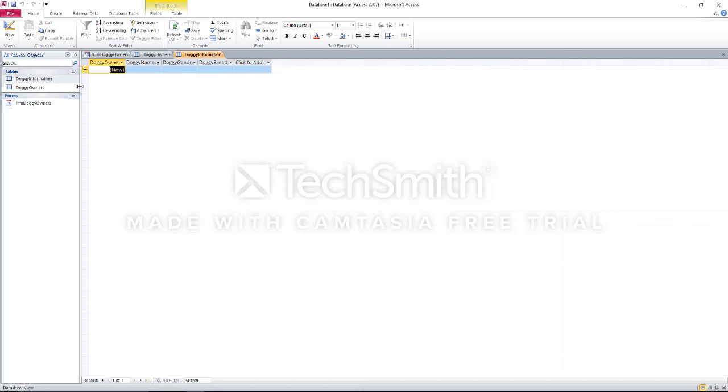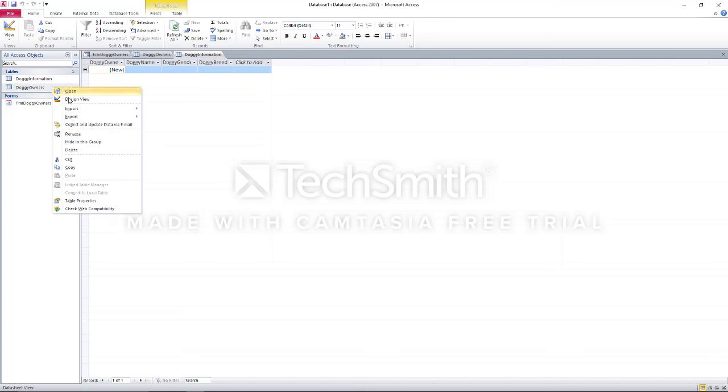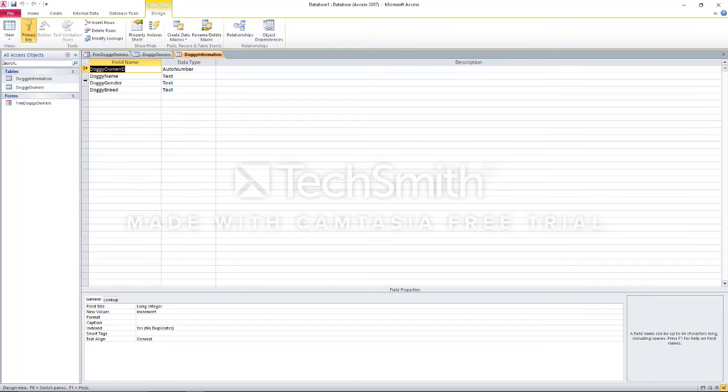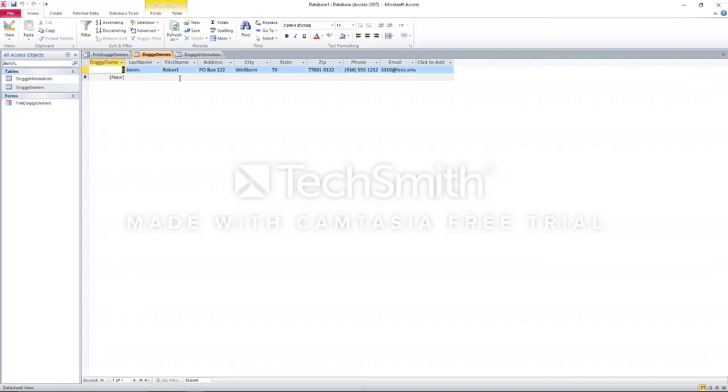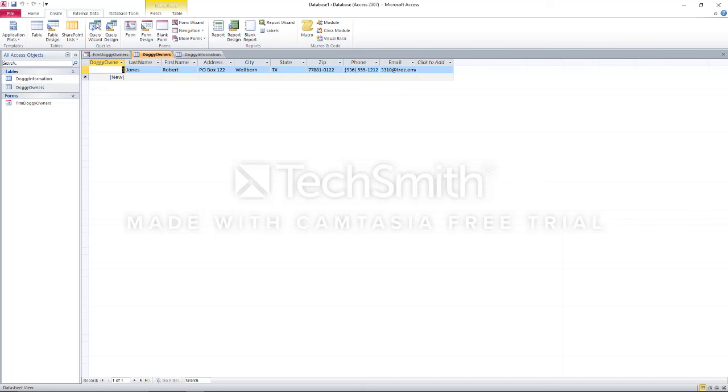All right. So what I'm actually going to want to do with the doggy information, rather, I'm going to want to go right here and change this so this is not a primary key. And the main reason is because I might have multiple dogs that have the same owner. And so this is not an auto number, this is a number right here. And what I can do is I can know that, for example, I am number 1. So if I were to make another form real quick,